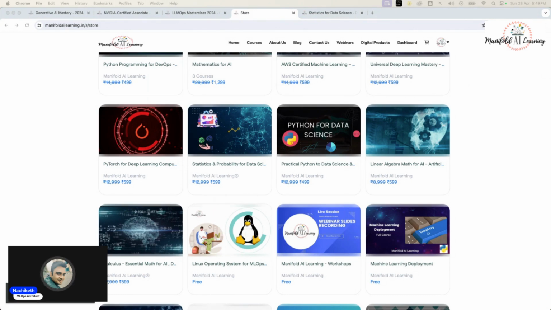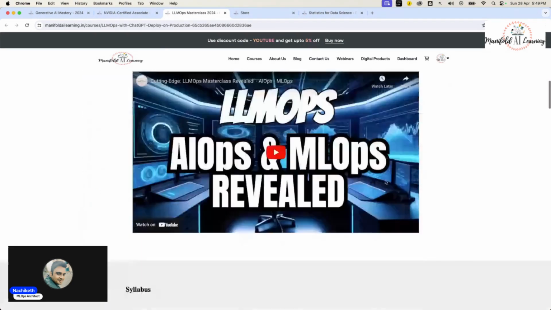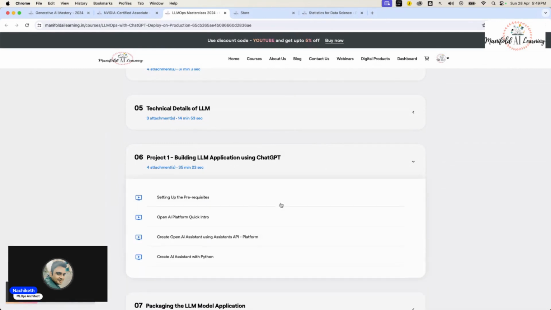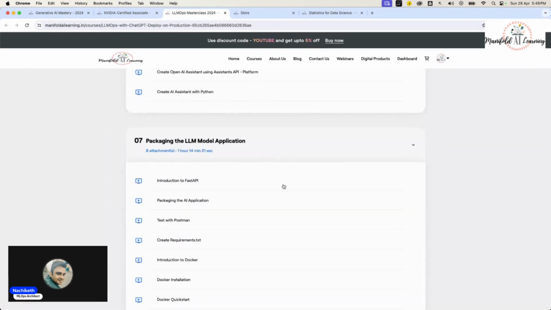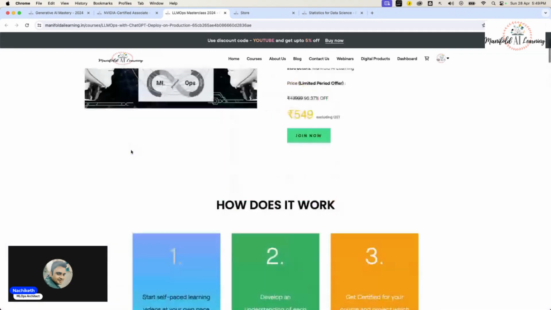So Siva, since you are a developer, you can definitely start with this one. I'm assuming that you are aware of Python programming. Siva, are you aware of Python programming? Because Python programming is the assumption that we have got. The learner is aware of Python programming, and based on that, the advanced applications are shown right here.